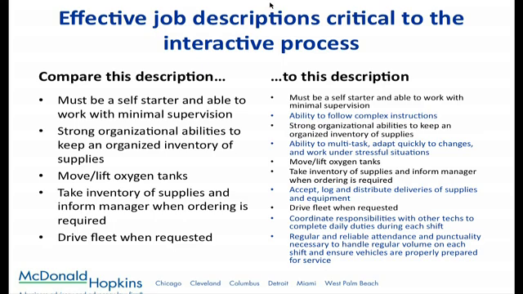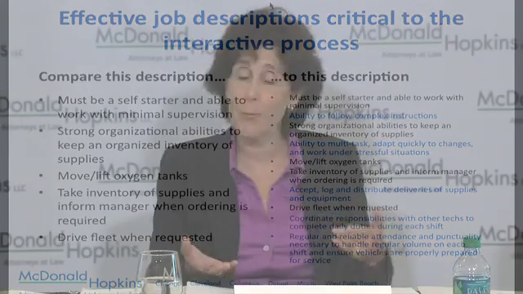In this particular situation, we know that regular and reliable attendance is a huge issue. So frequently the issue comes up about, does the employee actually have to be at work on a regular basis? In this case, we added to the job description as an essential function regular and reliable attendance. And here, why? Because in this case, people were getting ambulances out. You have to be there to clean the ambulance and get it out. You can't just put it off. It's not work that will wait. You need to be at work to get your job done.